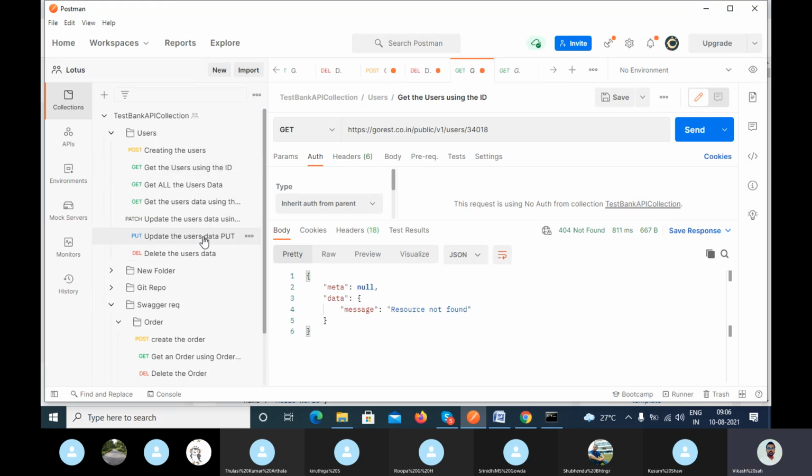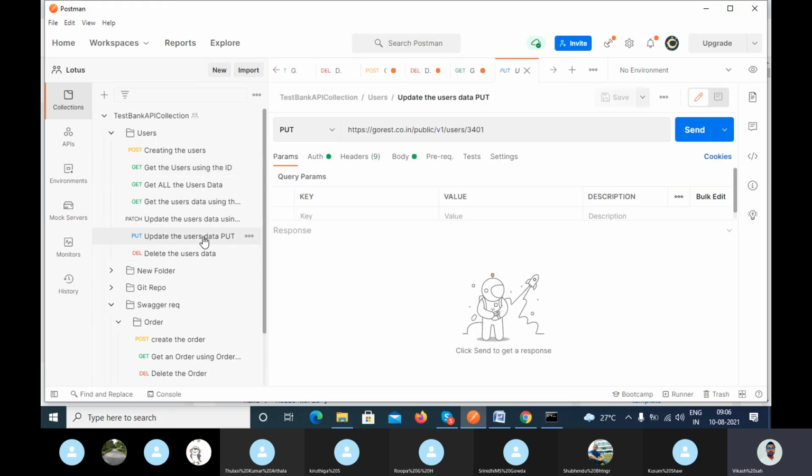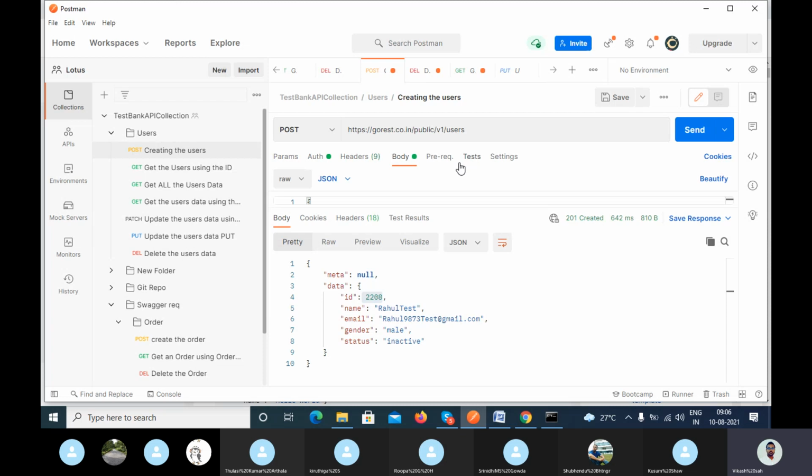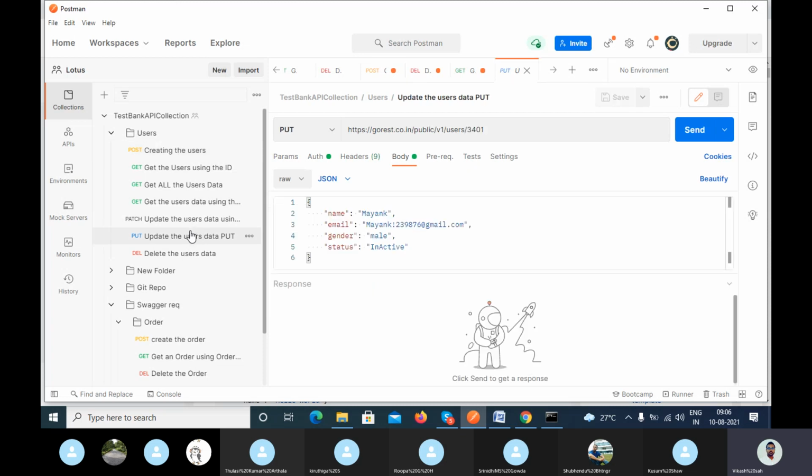Okay, and in the case of PUT or PATCH, you will get 200 OK or 204 when we are trying to update, depending on the requirement. Let's suppose I am trying to update this data, 2208.